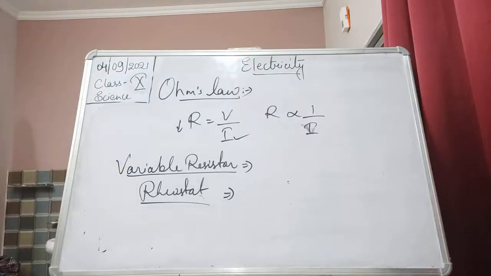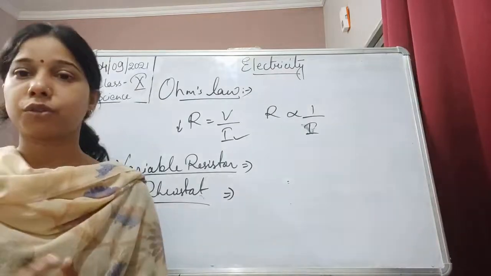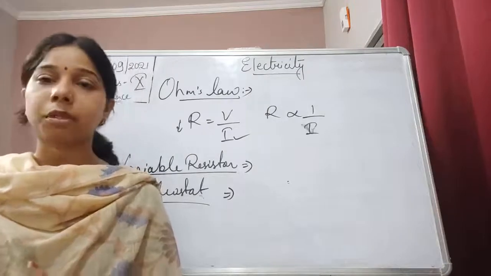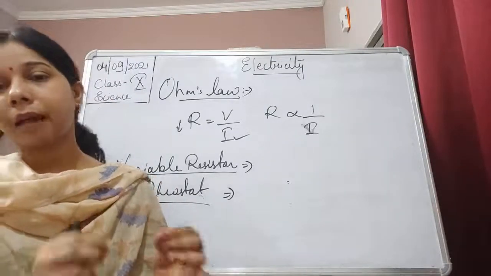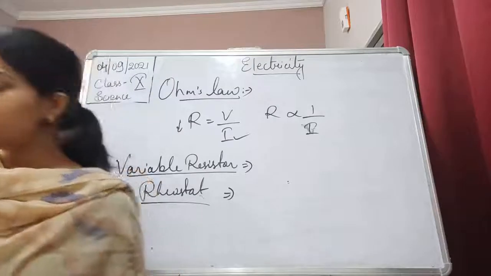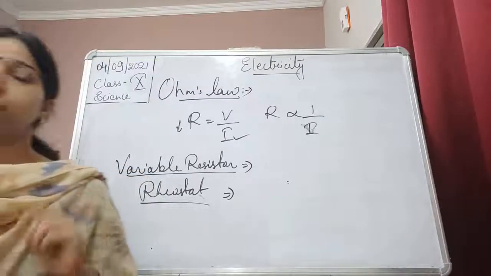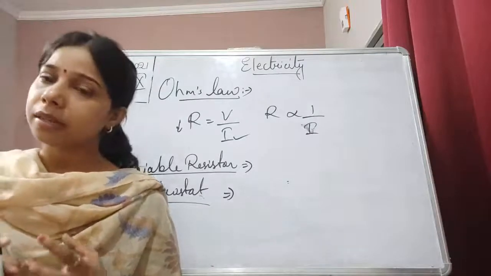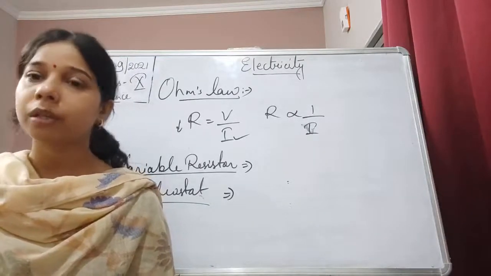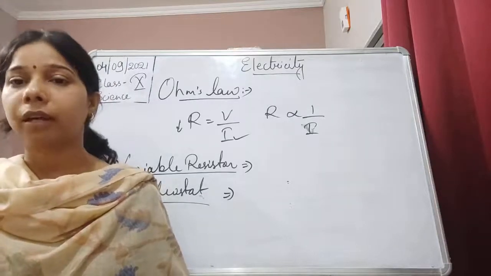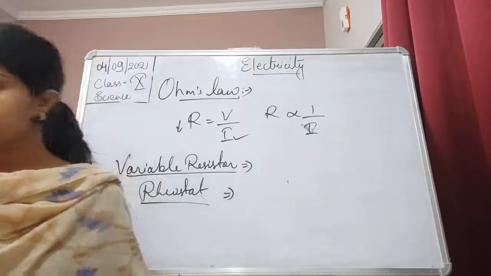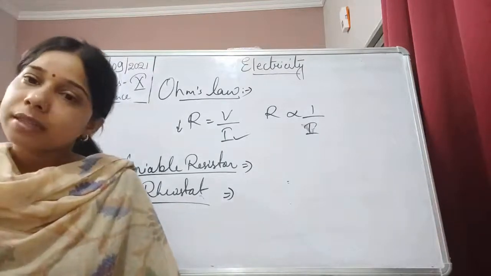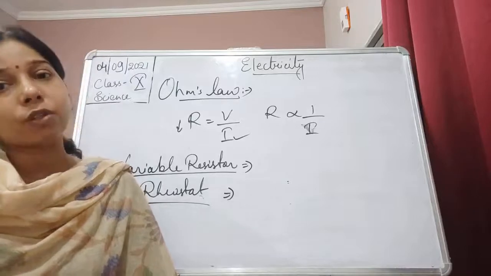Now, suppose, students, there is a circuit, and first you have taken a nichrome wire. Then you remove it from the circuit and add an electric bulb, and then again you remove it and use a torch bulb. What kind of changes will you find? Will the same amount of current flow through it? Will you find the same reading on the ammeter, because we are going to find the charges here?